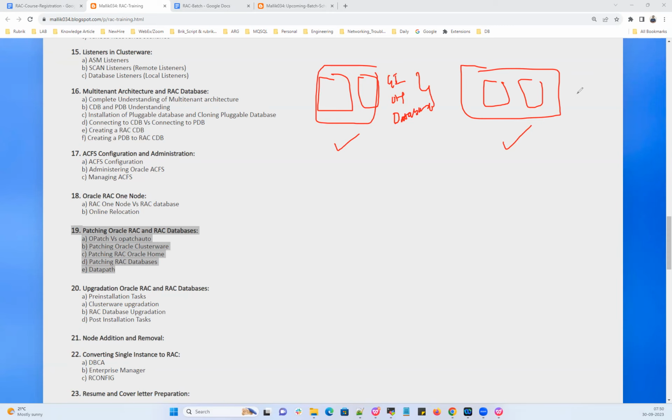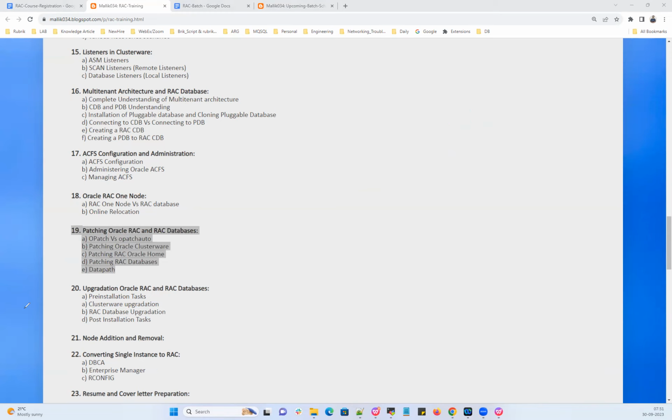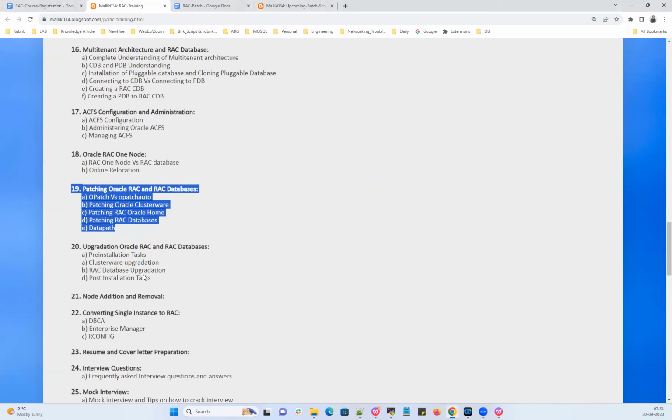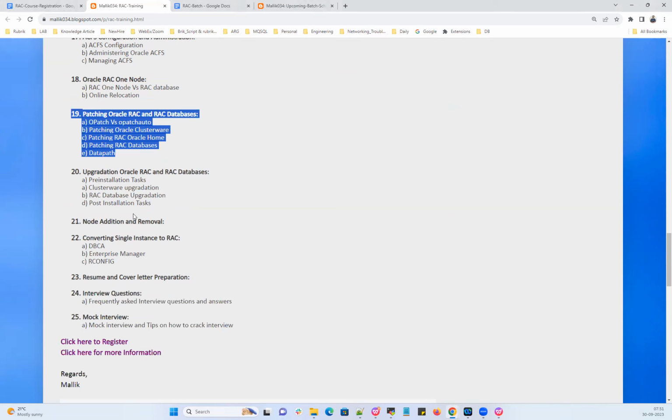And then what happens if I patch only standby and I don't patch primary? What happens if I patch primary and I don't patch standby? What's the difference? It will be explained along with this patching concept here, all of this. Right. Any questions so far? Right. And then on top of that,